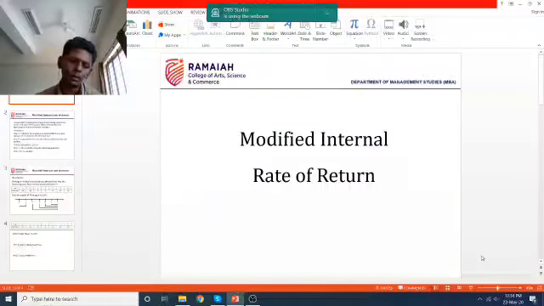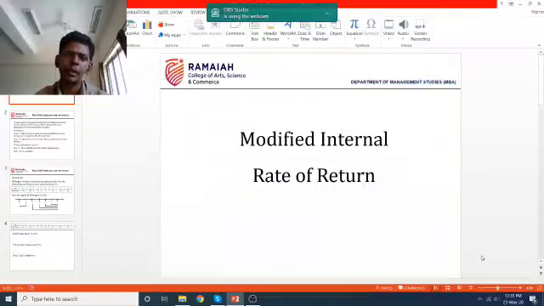Since we have so many hurdles in calculating the internal rate of return, that is, you calculate it using the trial and error method, you don't have a scientific way. So there is a conception that net present value is considered superior over